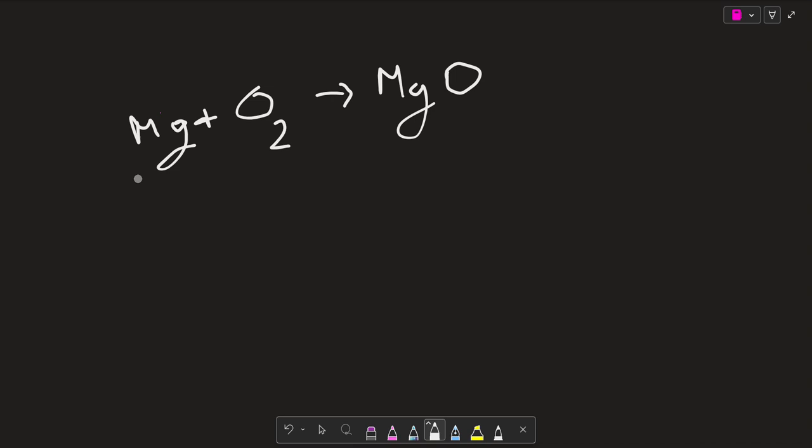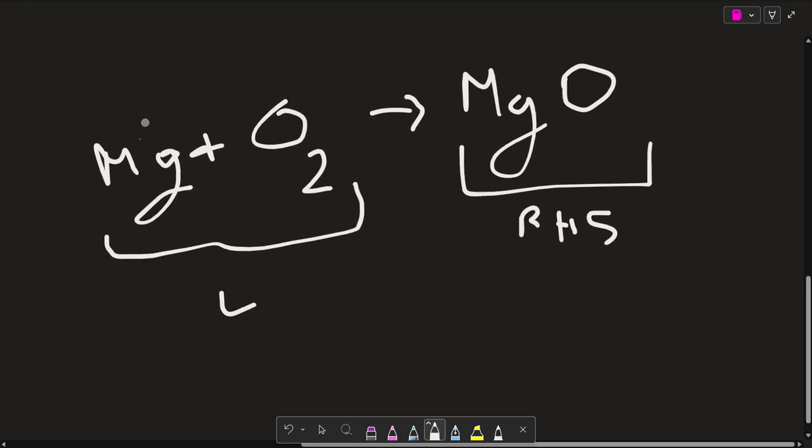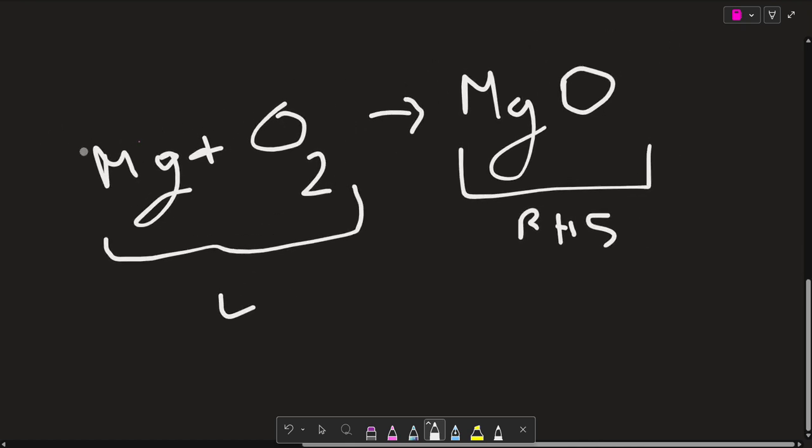So first, as we all know, an equation has two sides, LHS and right-hand side. This is LHS, I'm just writing it as L. Okay, now we're going to balance the equation. What does balancing an equation mean? Balancing an equation means to make the molecular mass of each element present in the left-hand side and right-hand side